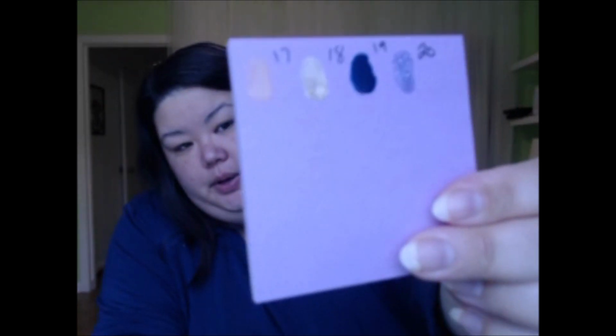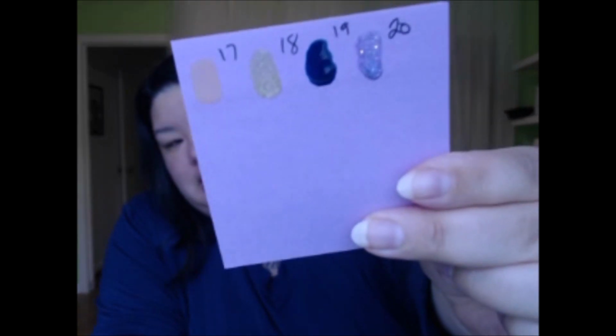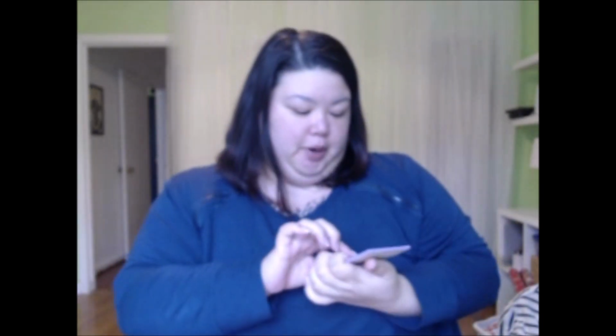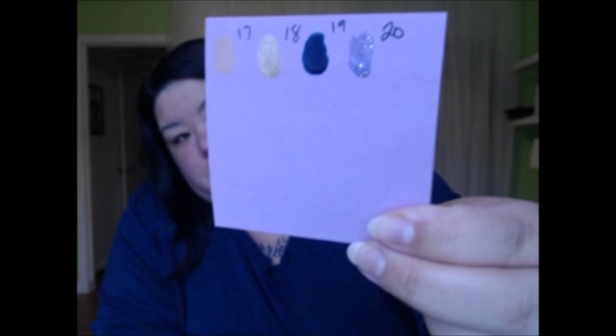Okay, I don't know how well the tones are gonna come across, but here we go. So you see 19 is that deep blue, and then 20, I don't know if you can see. And the purple base is pretty close to the color of the Post-it pad. Sorry, it's dripping. It's really pretty in person though. It's gonna be a great one to give to my niece for sure. Okay, so those are the polishes. Let's get to our